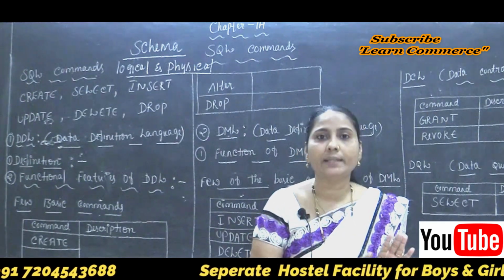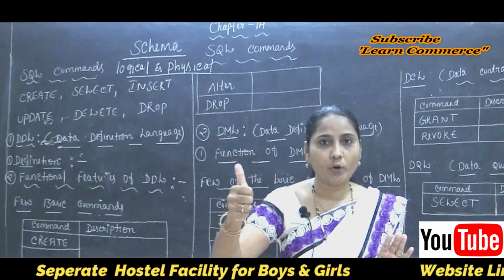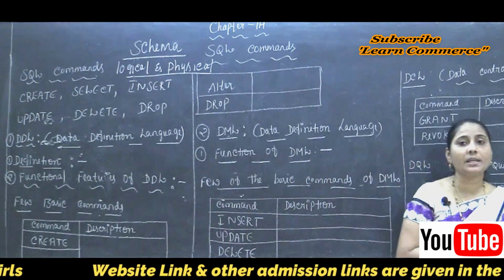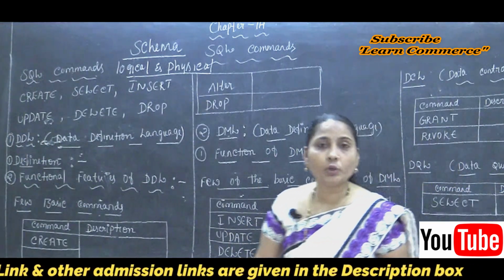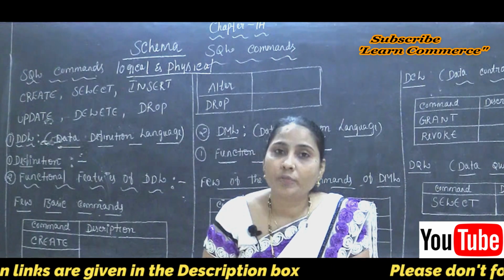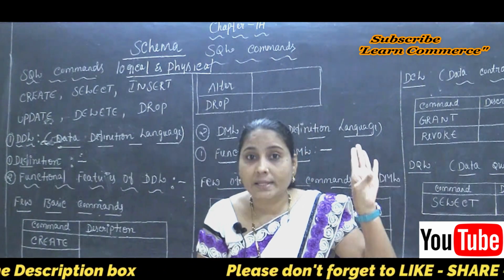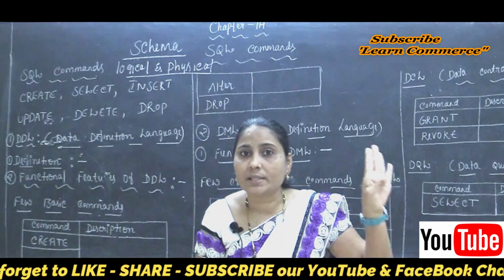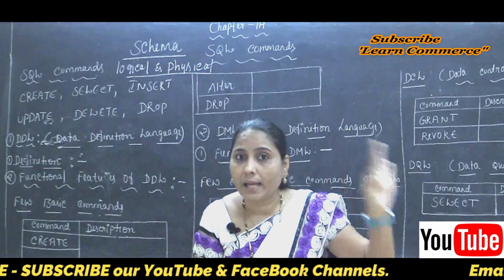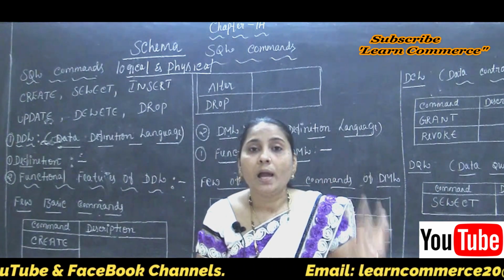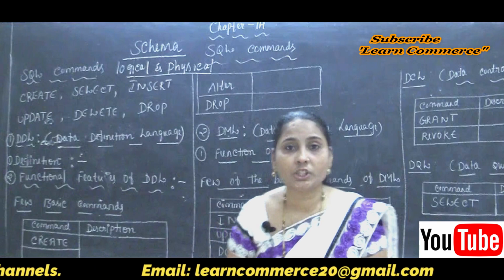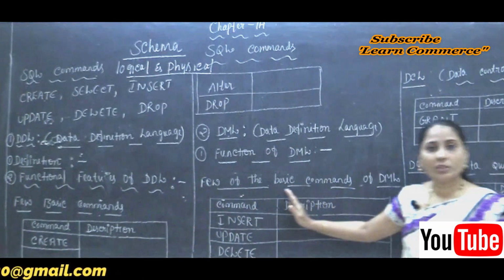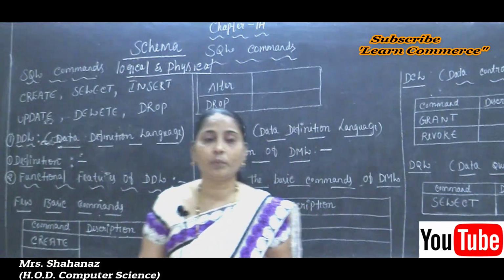Why? Because we know that the column is also called the attribute, field, and column. So many names are there, or we can say attribute here. So it defines the physical characteristics. The physical characteristics mean the field name. What name are we going to provide to the column here? So the field or column name, the field length and the field logical name, and also specifies the relationship among the records, or the relationship between the records here. So this is the first functional feature of our DDL.